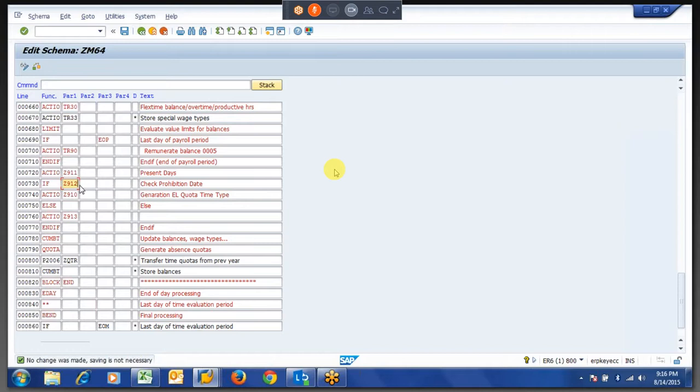So how many days it differs. If it is less than that date, it will go to else instead of reading this line, and it will read this rule. If it is equal to or greater than, then it will go to this line and it will skip this PCR.